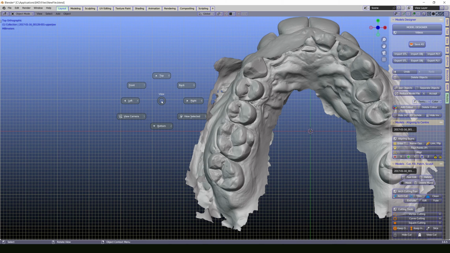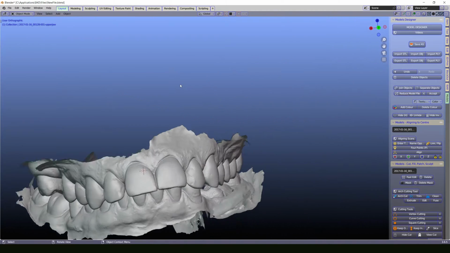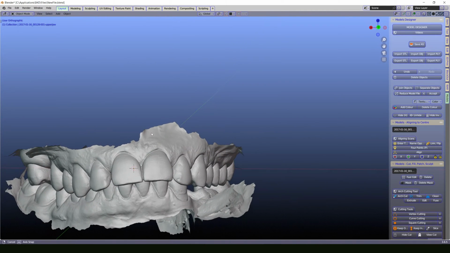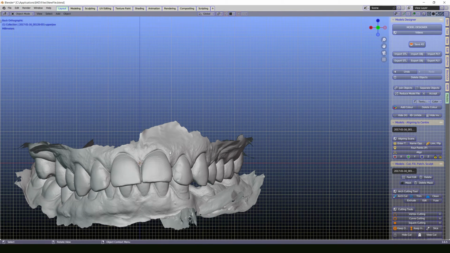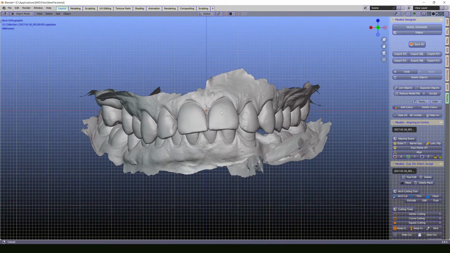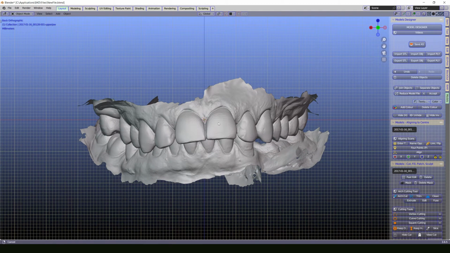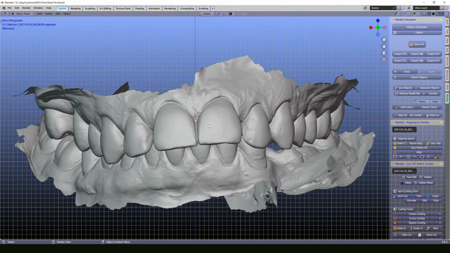Let's see, it's top, it's right, it's back. Okay, back is front here. Back, I hold the shift, I push the mouse wheel button, I zoom in a little bit, and look, we can